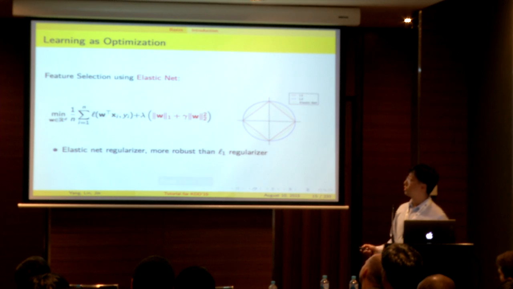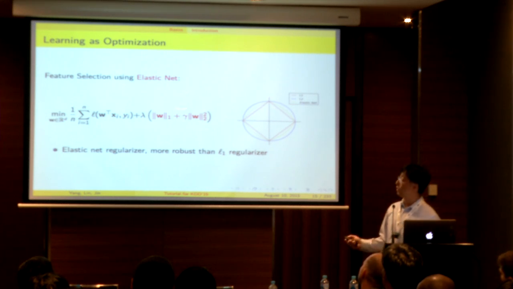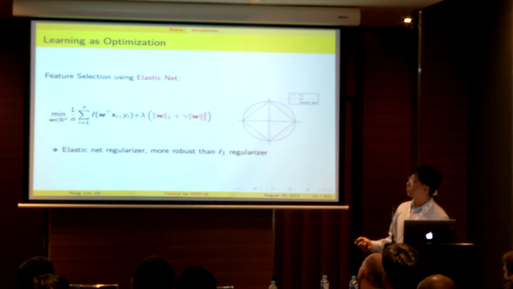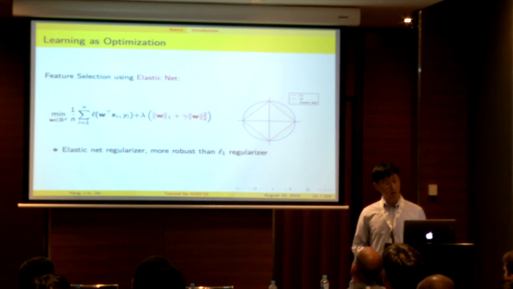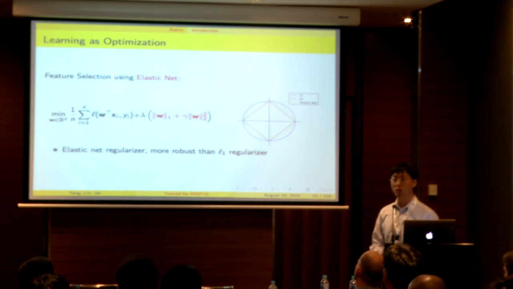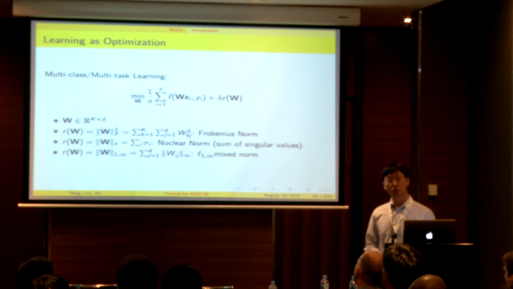So here you can also use some other regularizations. For example, this is an elastic net, which replaces the L1 norm with a combination of L1 norm and Euclidean norm square, which is more robust than the L1 regularization in some cases. And in some cases, we are interested not only